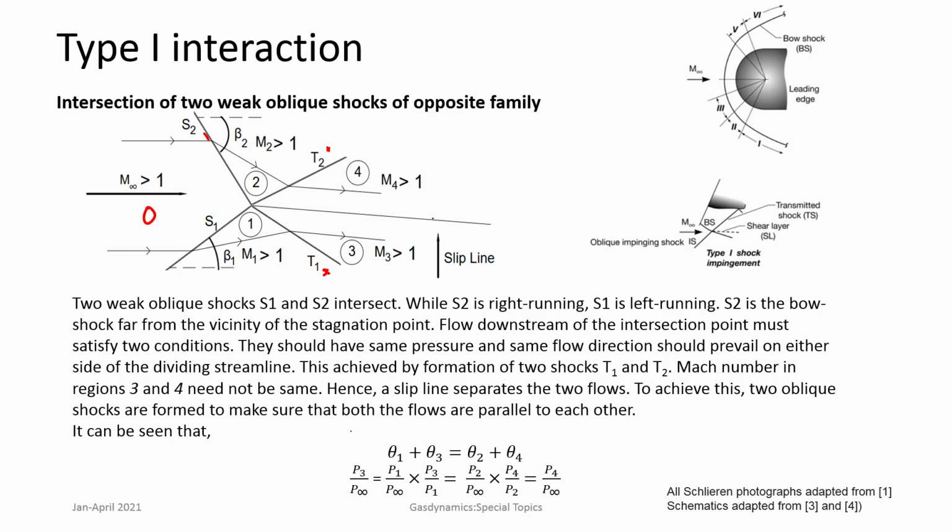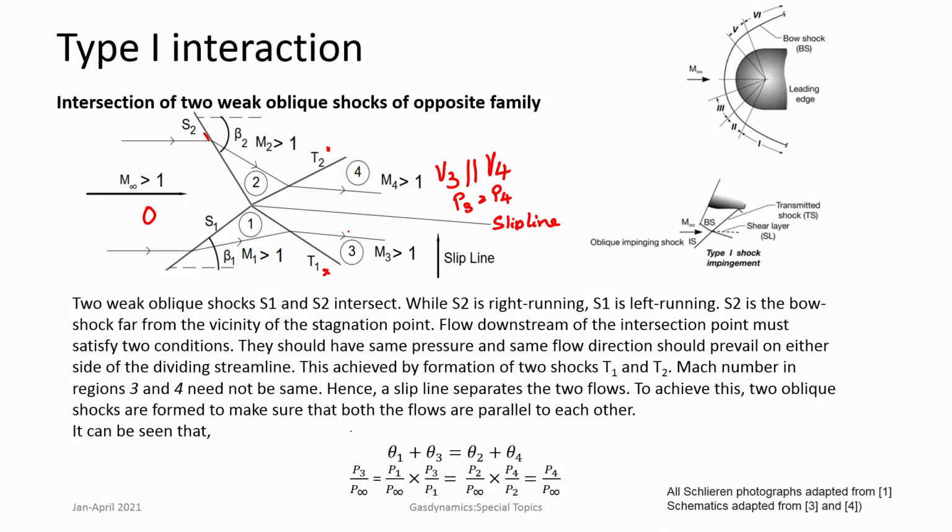Then the boundary condition at region 4 is that both these velocities at region 3 and region 4, V3 is parallel to V4. Okay. So, they have a parallel flow, and there is no solid surface present here. Therefore, P3 should be equal to P4. They are all oblique shocks, therefore, the flow will be uniform in these regions. So, only these conditions can be applied. V3 need not be equal to V4. So, what we get here is actually a slip line